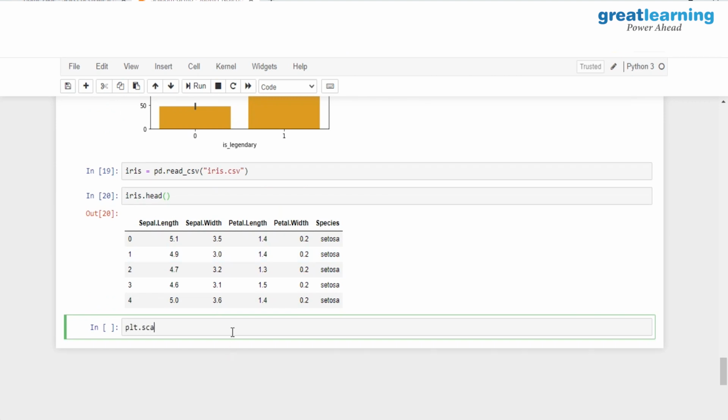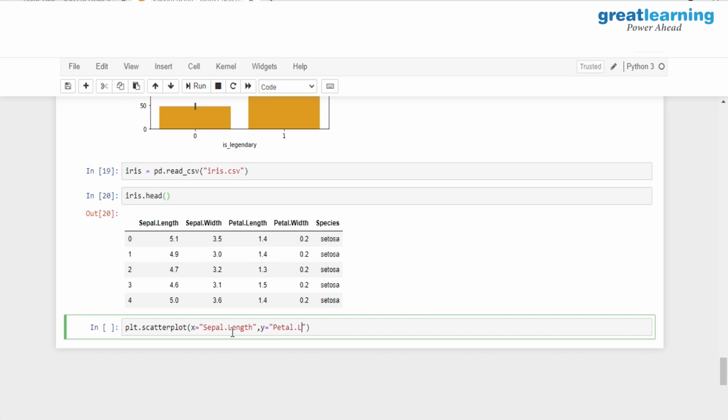To create the scatter plot, all I have to do is use sns.scatterplot, and since I want the scatter plot between sepal length and petal length, with sepal length on the x-axis, for x I'll be using sepal.length, and on the y-axis I would need petal length.